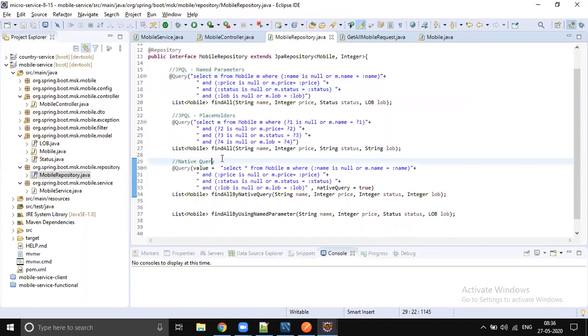named parameter or placeholder or native query or labeled query, whatever it is. When we are sending some query, it can be a JPQL or a SQL query, native SQL query with placeholders or without placeholders, or with named parameters. We are always sending the complete query. Instead of preparing the query dynamically based on the filter selected by the customer, we are always sending the complete query. So that might be the wrong way of doing it, right?